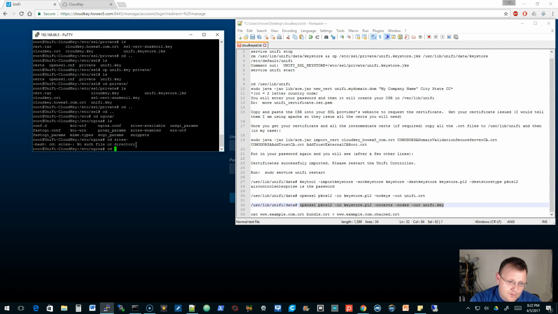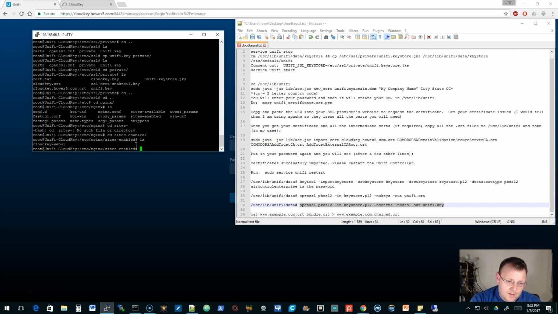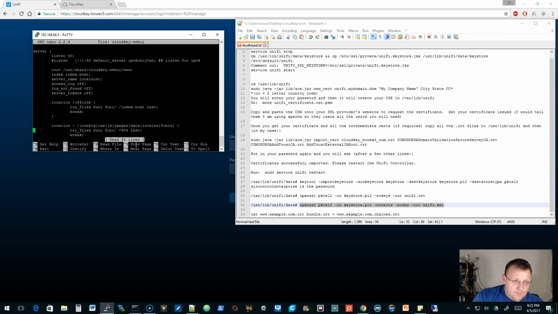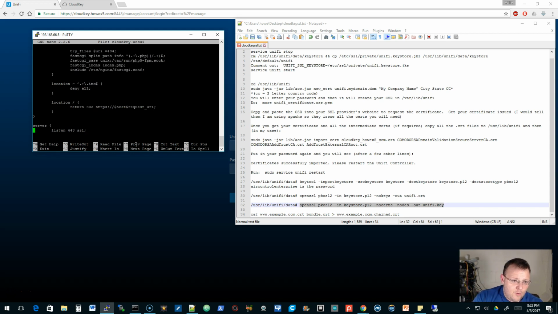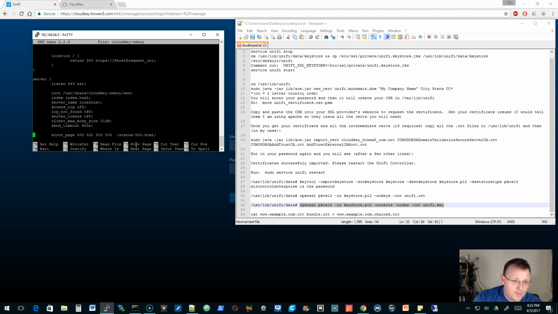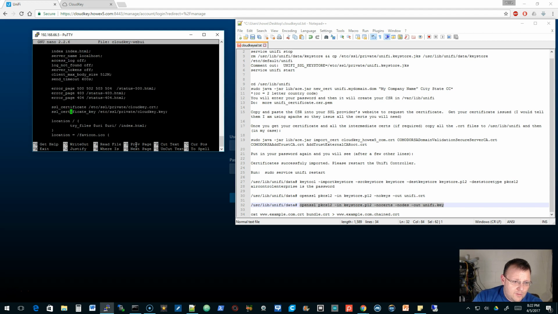we can go into the actual Nginx sites-enabled. So this is the cloud key configuration. We go down to the 443 info right here. That's where the root is, but if we scroll down, we can see that this is where the key